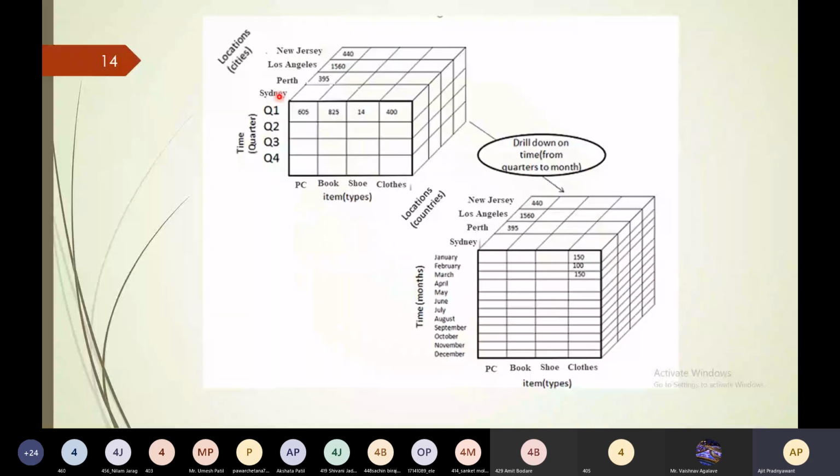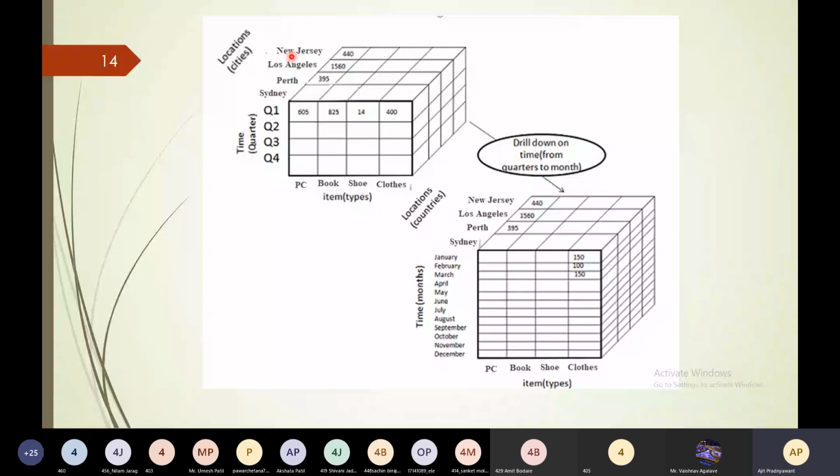So now let's see. This is our cube. These are the items: PC, book, shoe, and cloth. And these are the time quarters: Q1, Q2, Q3, Q4. And these are the locations, nothing but the cities: Sydney, Perth, Los Angeles, and New Jersey.